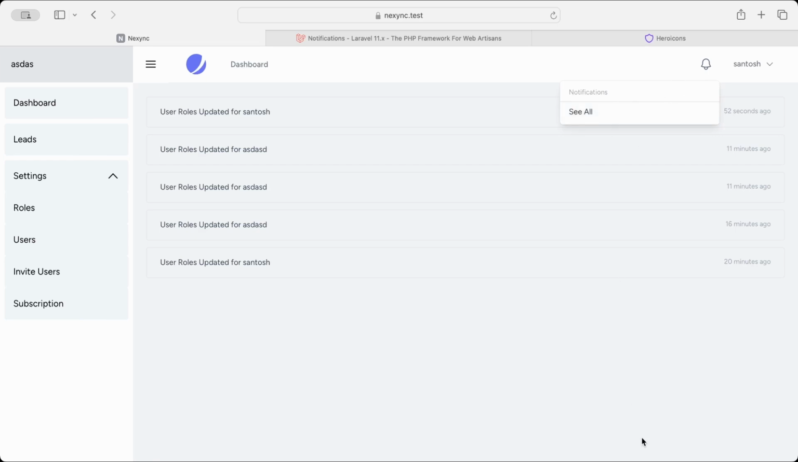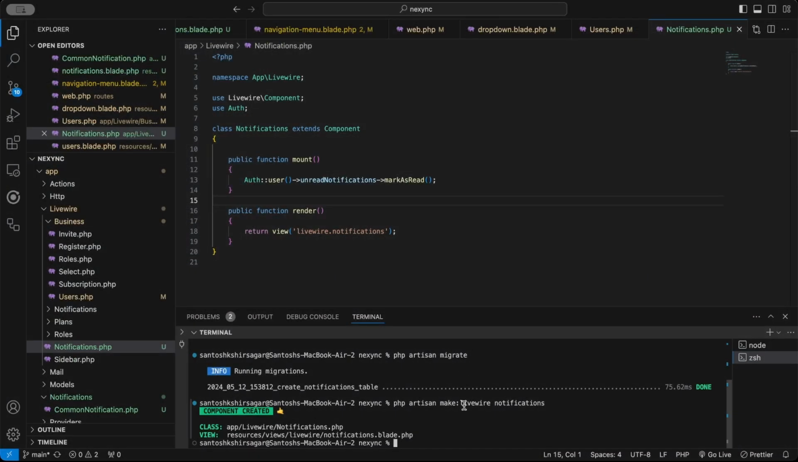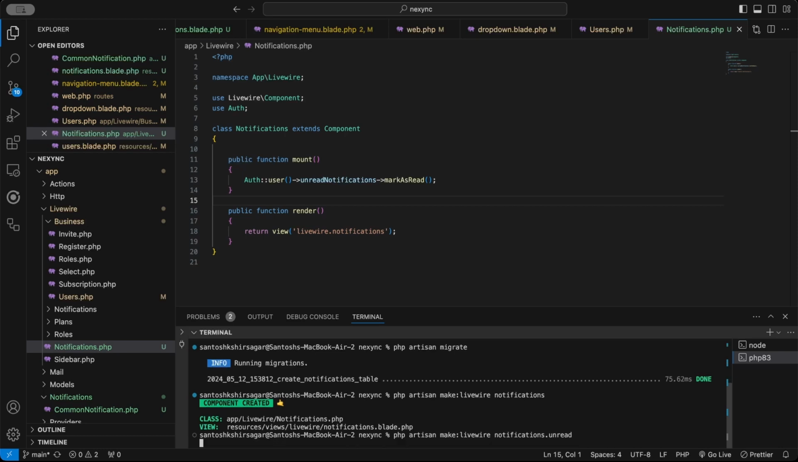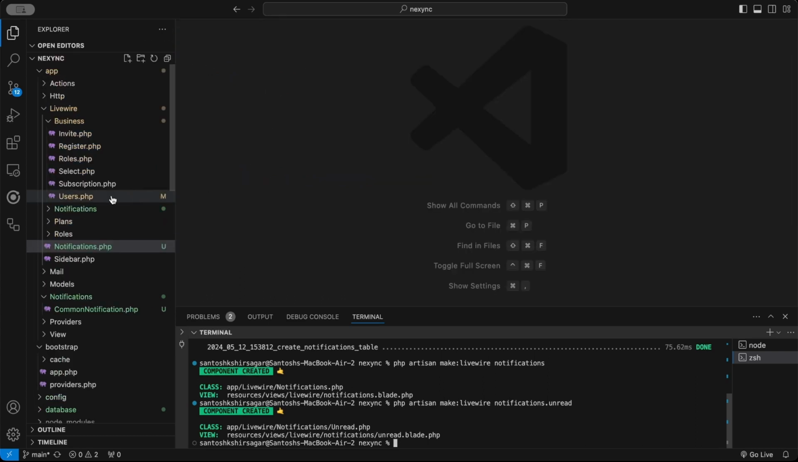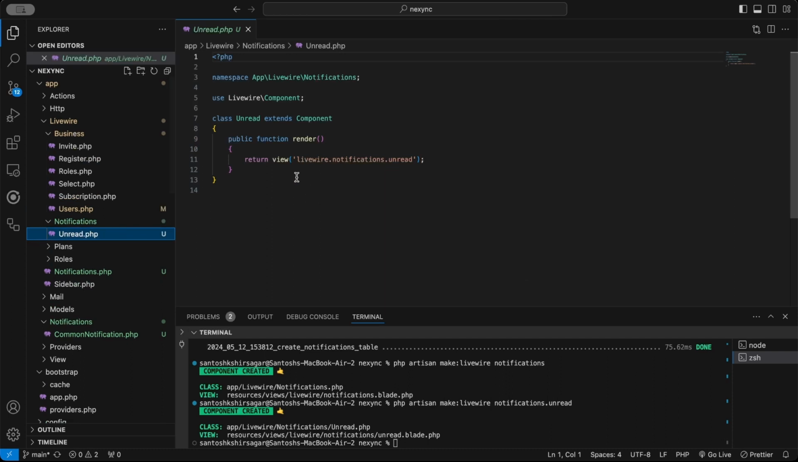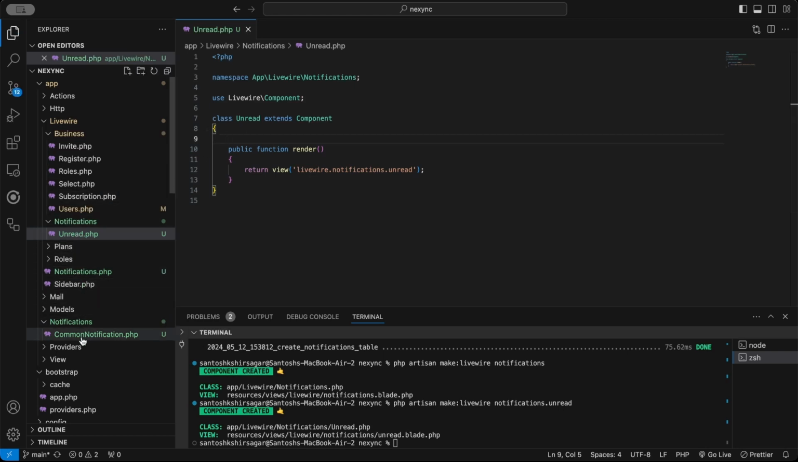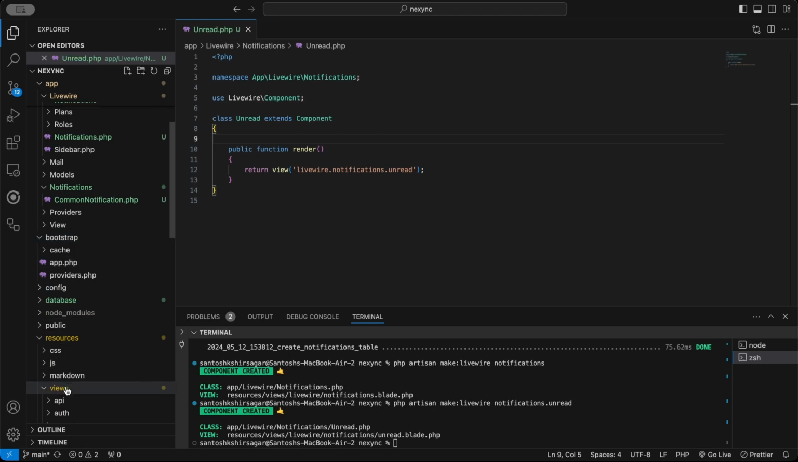Now for this I will create one more component. So php artisan make:livewire notifications.unread. Let's use this one. Okay, I will just close all these things and go to this unread notification. Here we will add these functions and basically add that data and all. So let's go to this